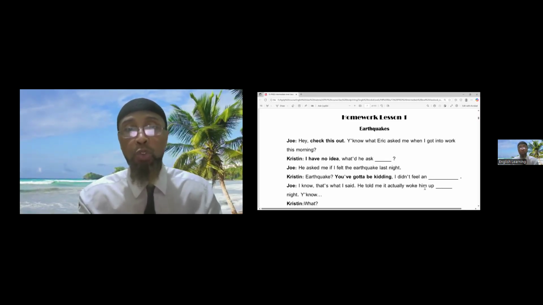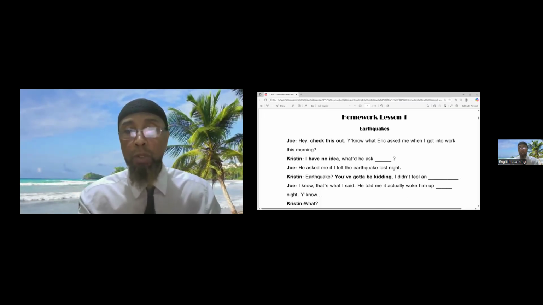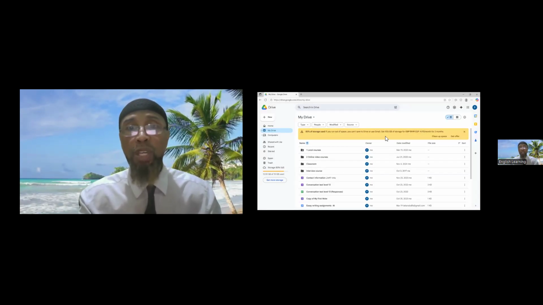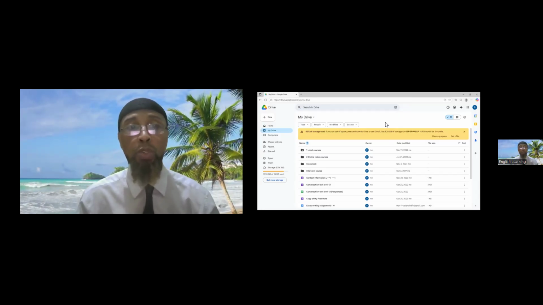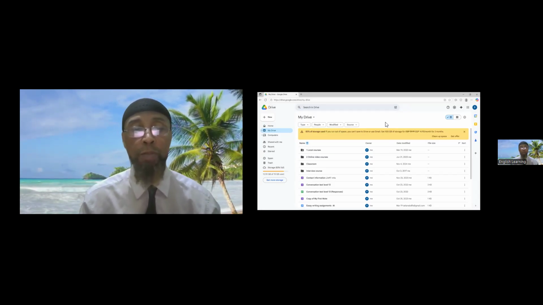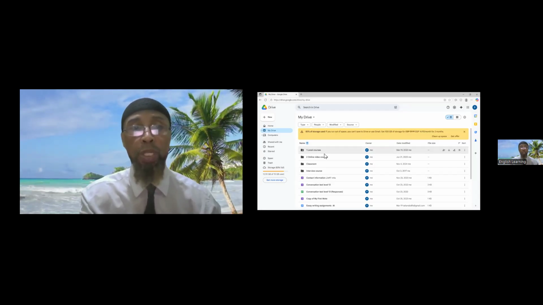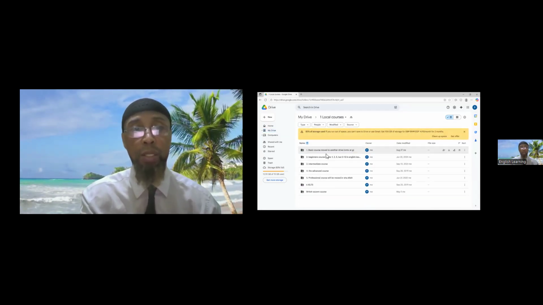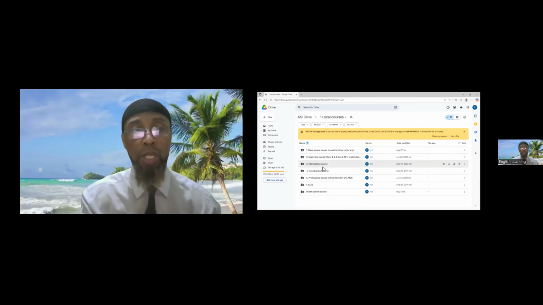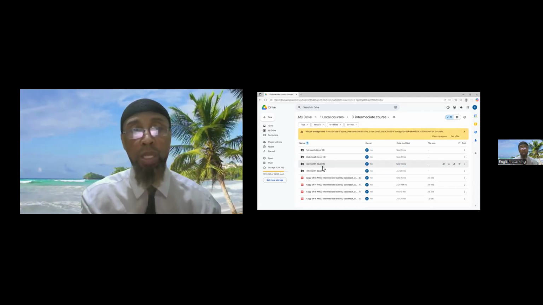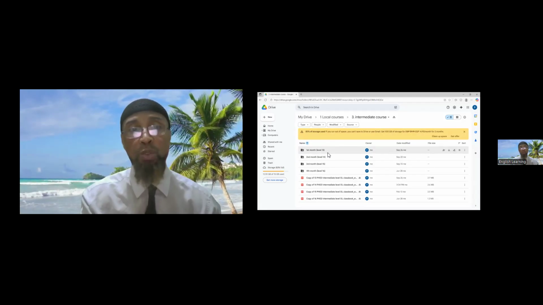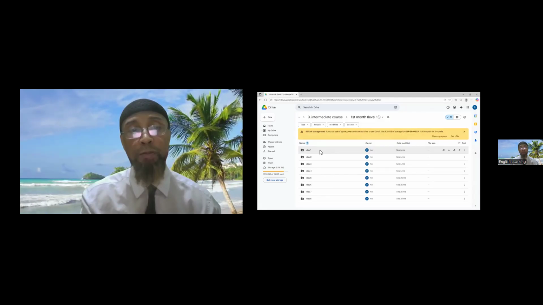That's when you go into the Google Drive. I'll show you that now. You go into the Google Drive. And of course, you have to send me your email address in order to get access to the Google Drive. So you would be already inside here. If you're level 13, you'll already be inside the intermediate level here, first month level 13. The link will send you directly inside of this folder here. So inside of that folder, you'll find